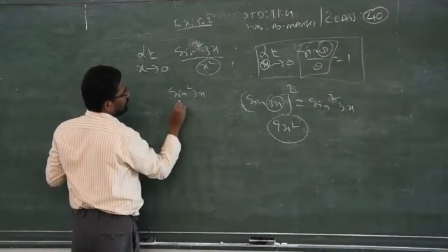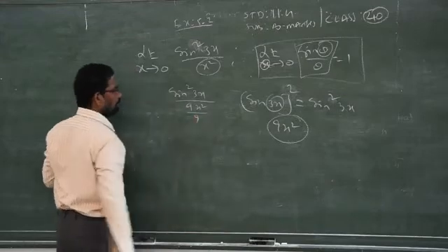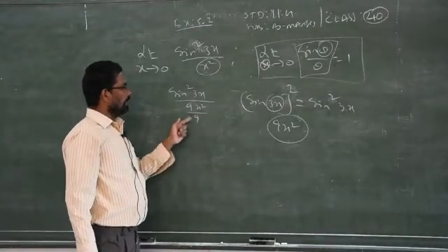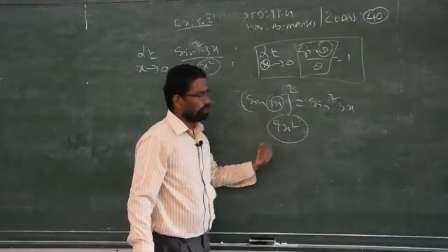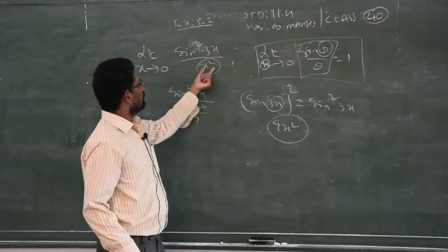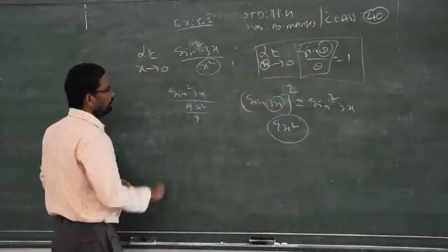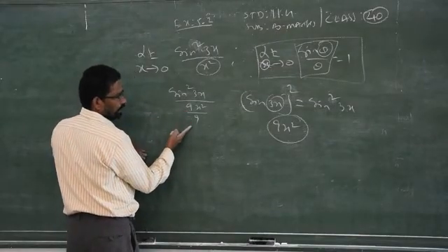So to get 9x square, how to get 9x square? You have to multiply the denominator and divide by 9. You divide and multiply the denominator alone by what? 9. Why? Because when you square this 3x, you will get how much? 9x square. X square is there already. To apply this formula, I should have 9. So I multiply the denominator by 9 and divide.